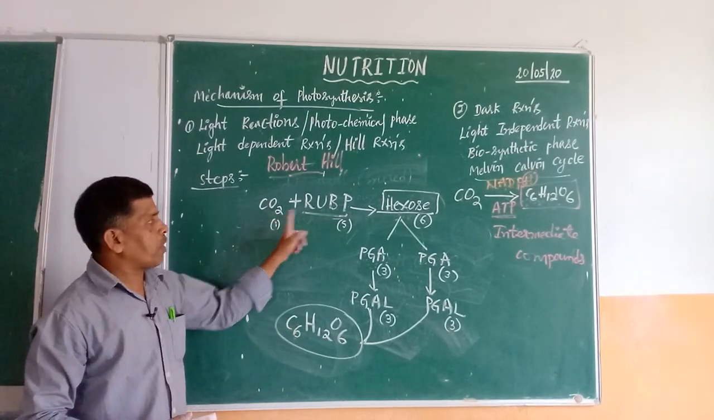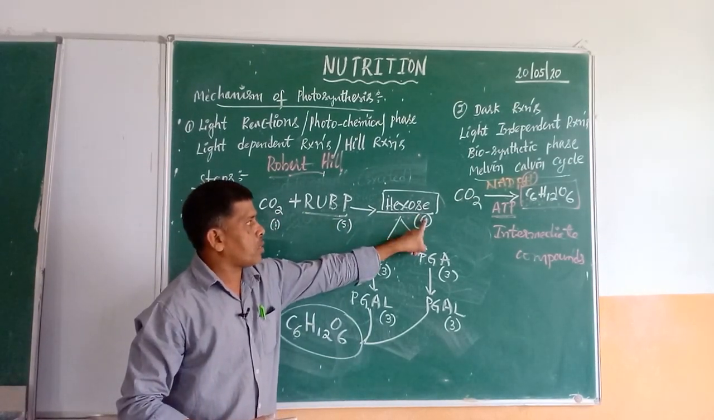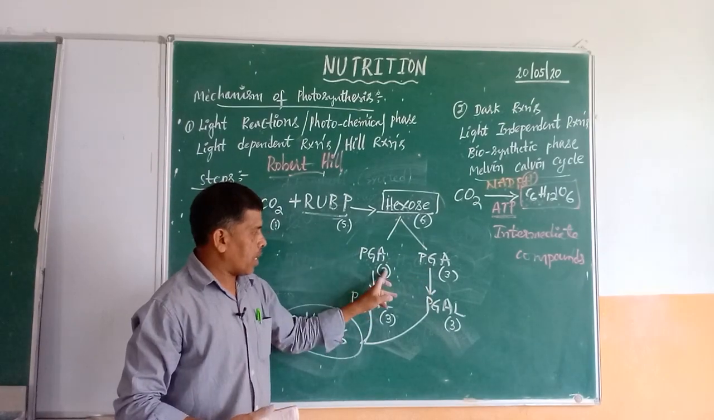From here on, 1 plus 5, 6. 1 plus 5 becomes 6. Again this 6 is split into 3 plus 3. Again that continues as